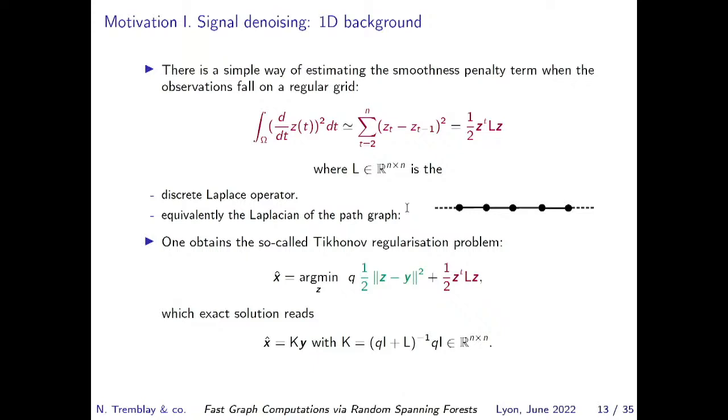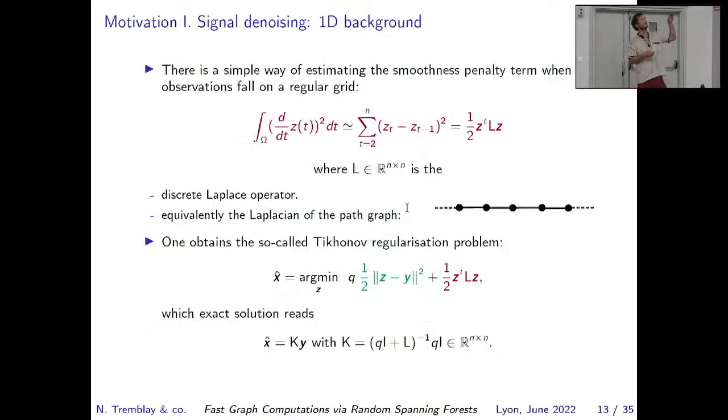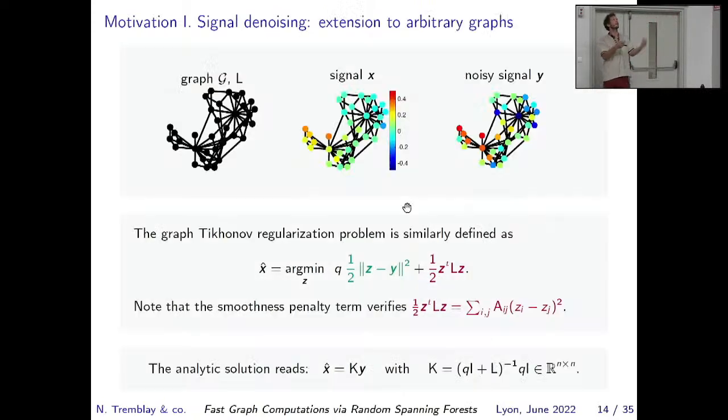And in this case, with this writing at least, you have an exact solution, which is x hat. This solution is K times y, where K is this inverse regularized Laplace operator. Now, written this way, you can generalize it in a sentence to any graph. Now I have an arbitrary graph, just connected, let's say, it's simpler. I have a signal on this graph, and I have a noisy measure of this signal, and I try to denoise. Well, you can use the exact same paradigm for signals defined on graphs, where L here is the Laplacian operator of the graph this time.